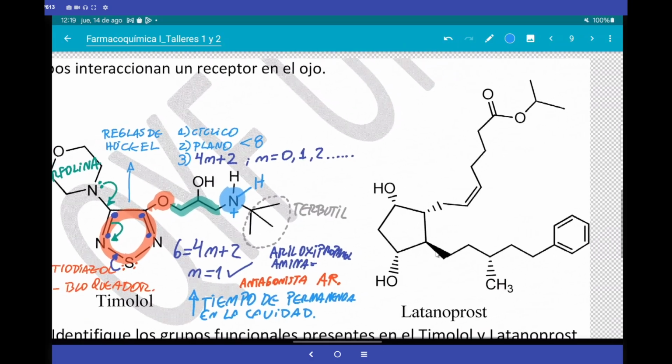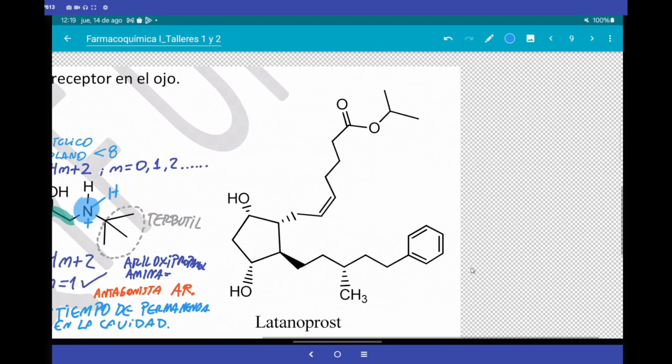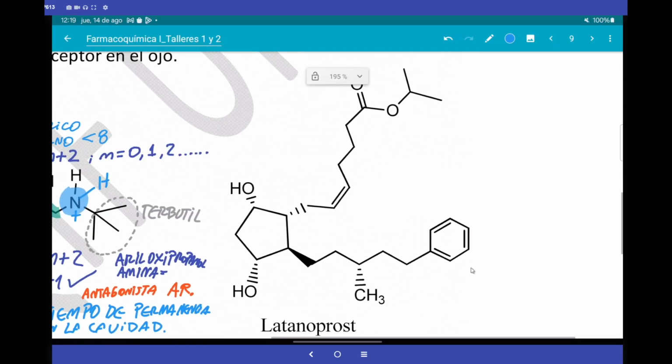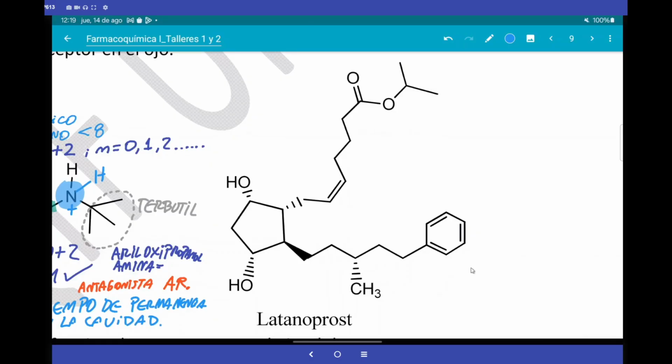Look at what happens here. I'm going to move this a little bit there. Seeing the structure here, introducing you to all this basic structural analysis. Do you believe that you know its mechanism of action? No, I do not know why, this one here does not have the pharmacophoric aryloxypropanolamine. There is not even an amine here, and the question is whether latanoprost could be a prodrug, because theoretically it is not an